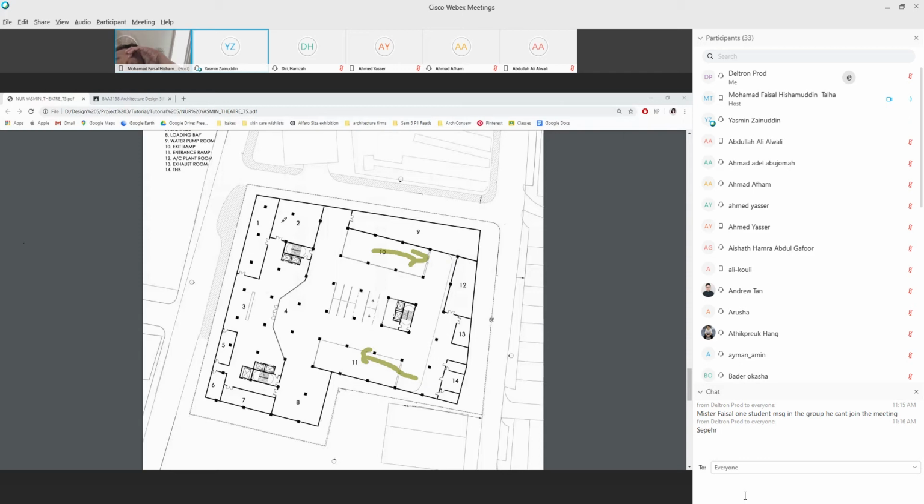Loading bay. There's no split ramp. No, it's a full basement.